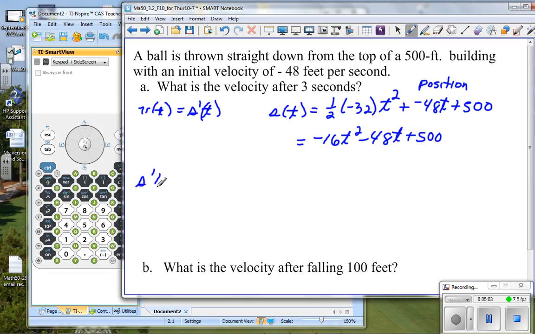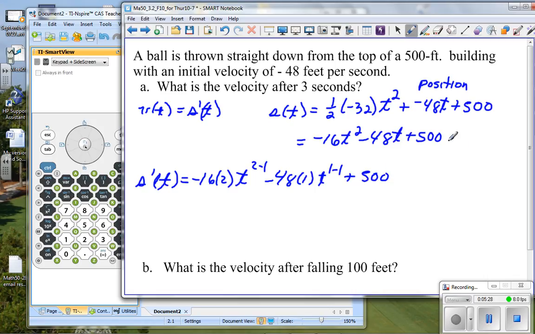Now if we look at the derivative, we'd have negative 16 times 2, take the exponent times the leading coefficient, and subtract 1, minus 48t, so 48 times 1, and then subtract 1 from the exponent, plus 500,